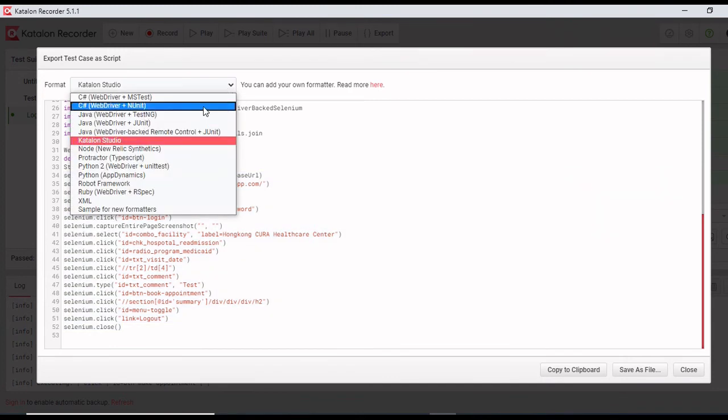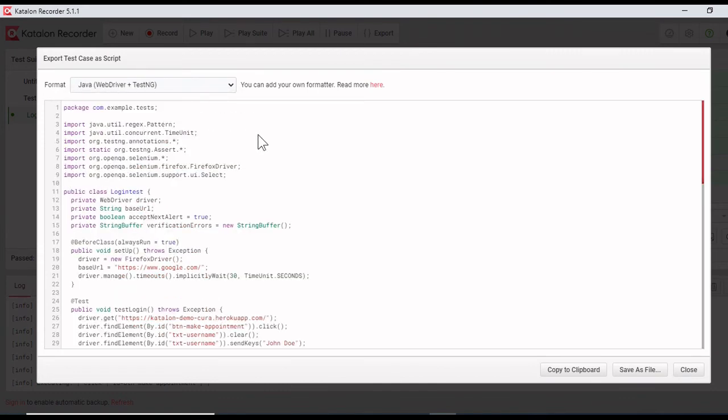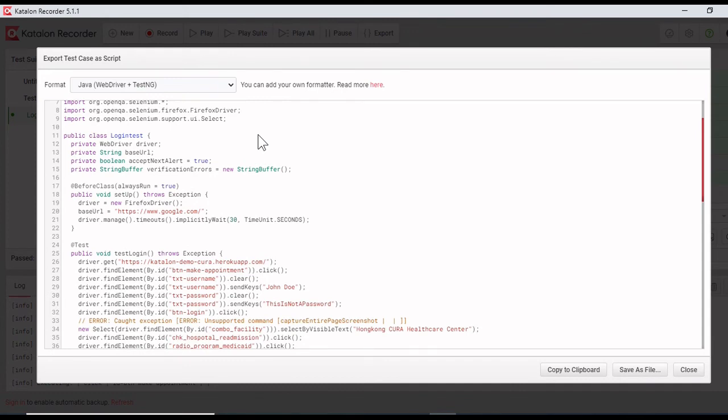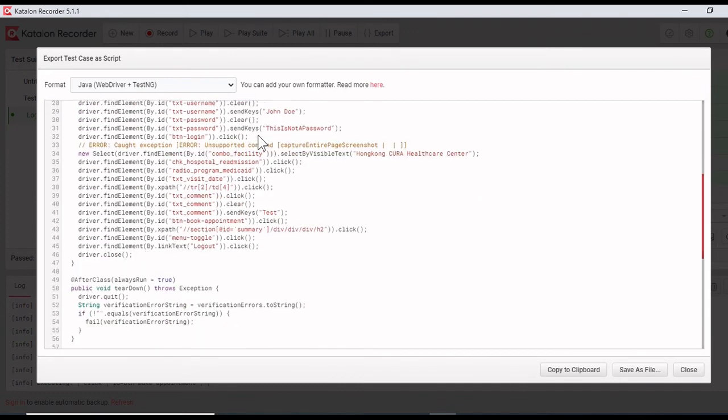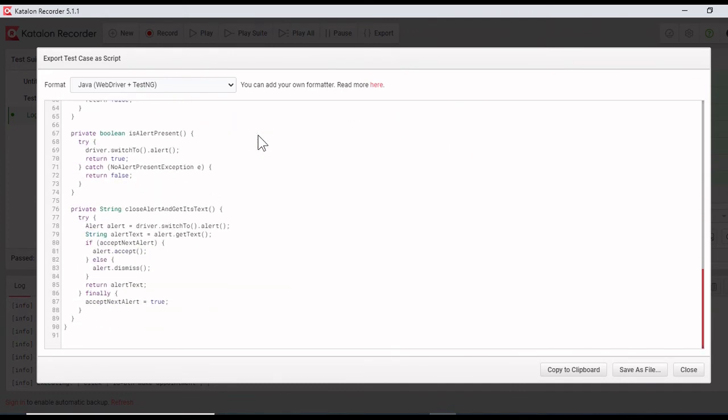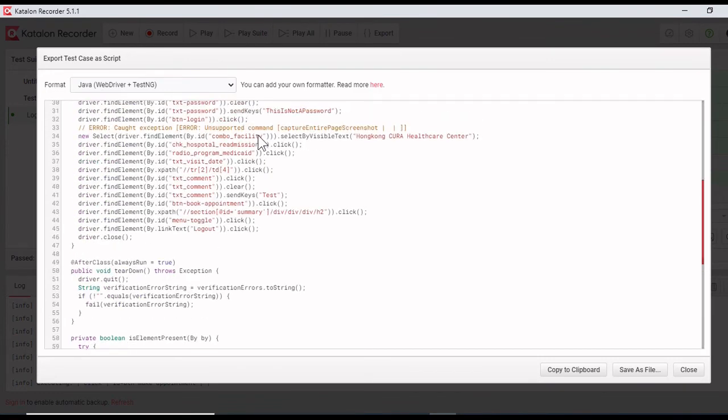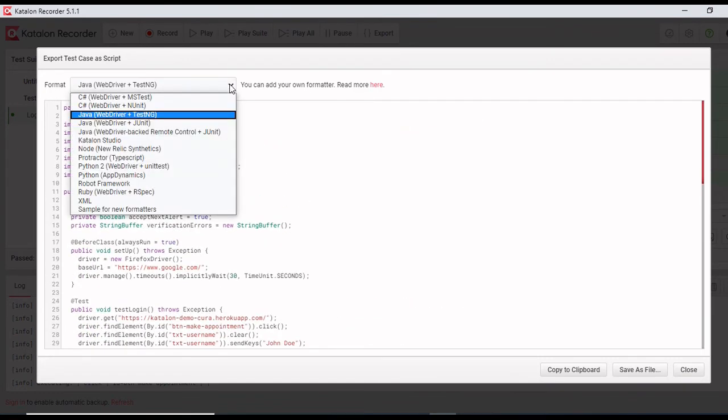If you click here, you will find many options, many formats in which you can export these scripts. For example, if I click on this Java WebDriver plus TestNG, this code will be changed in the TestNG annotation format, and you can export this code and use it.